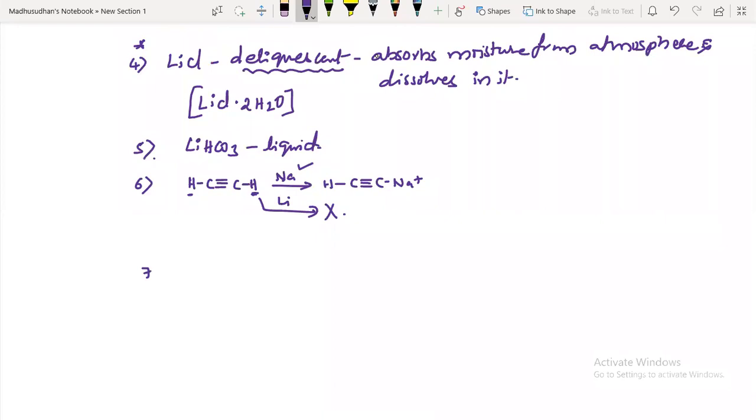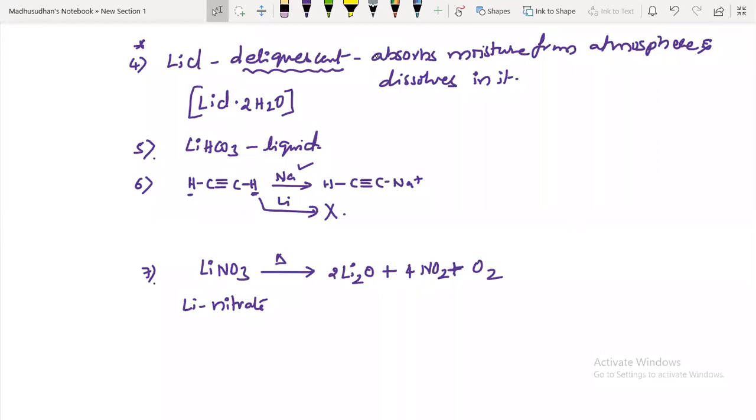Okay, next, seventh one, lithium nitrate, LiNO3. On heating, it will give you lithium oxide, nitrogen dioxide, and oxygen also. You can take 4 moles of this. Whereas other nitrates, like sodium nitrate, if you take,